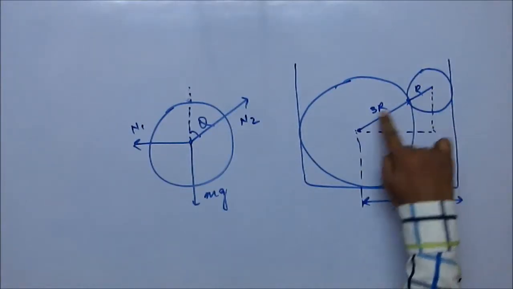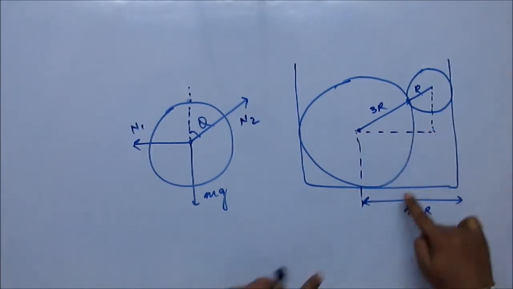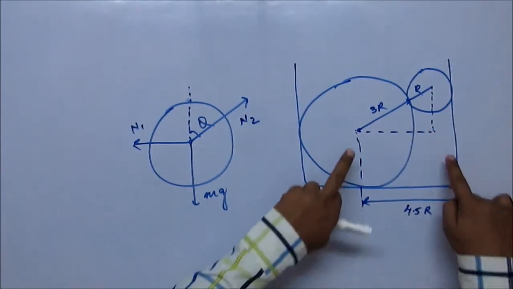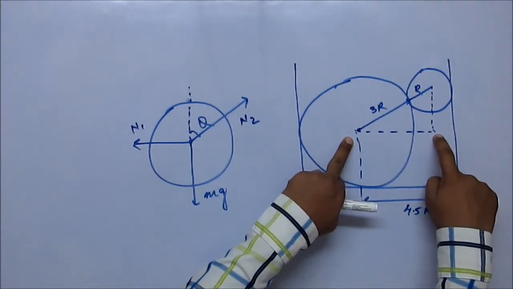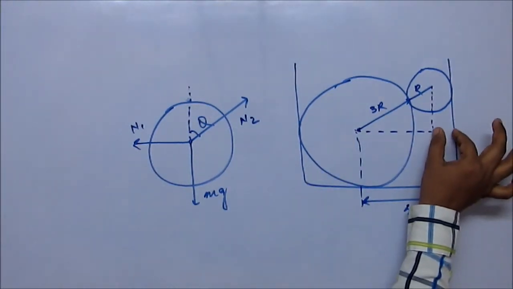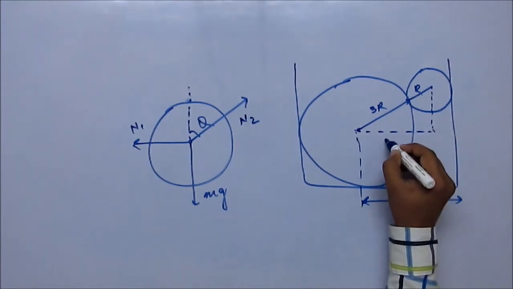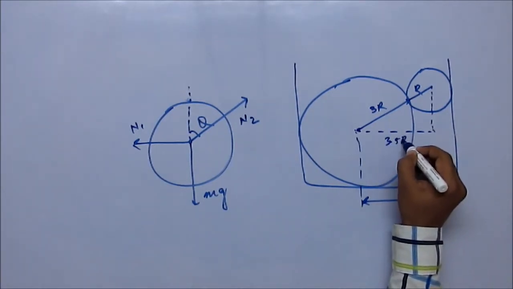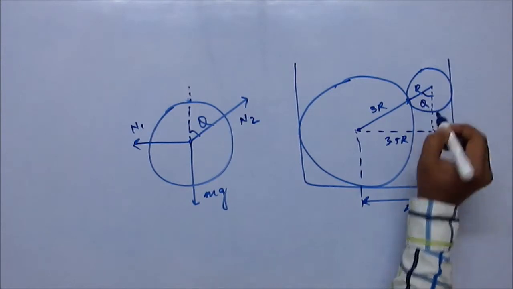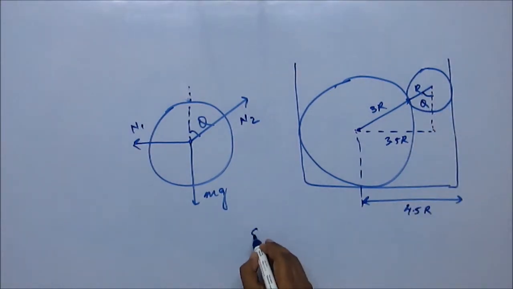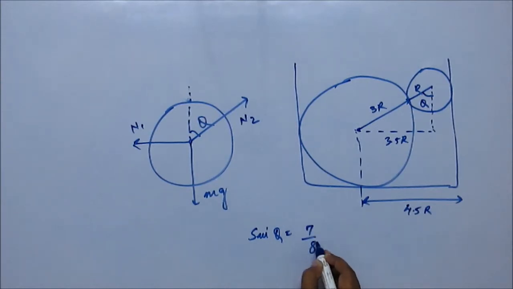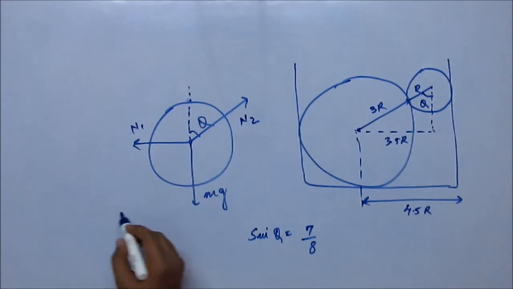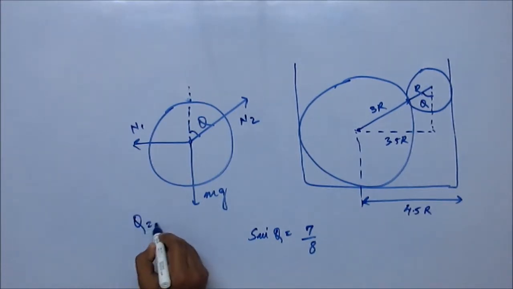So in this triangle, this is 4r and this whole thing is 4.5r. So this base would be 3.5r because this length is r. If this angle is theta, then from simple trigonometry, you can see that sine theta is equal to 7/8. So this is your FBD, and in this FBD you can mention that theta is equal to